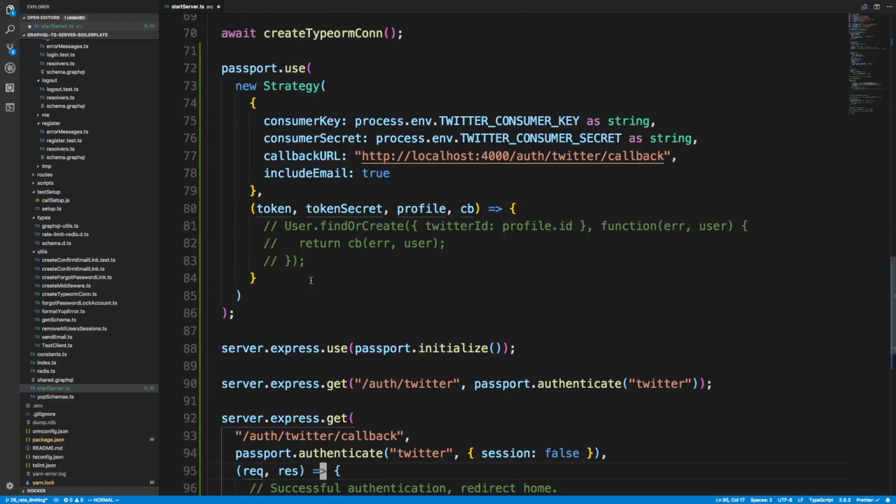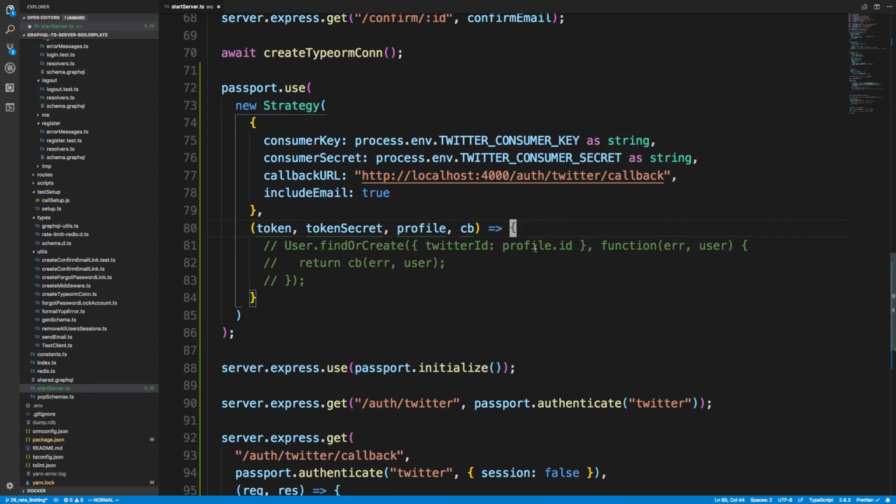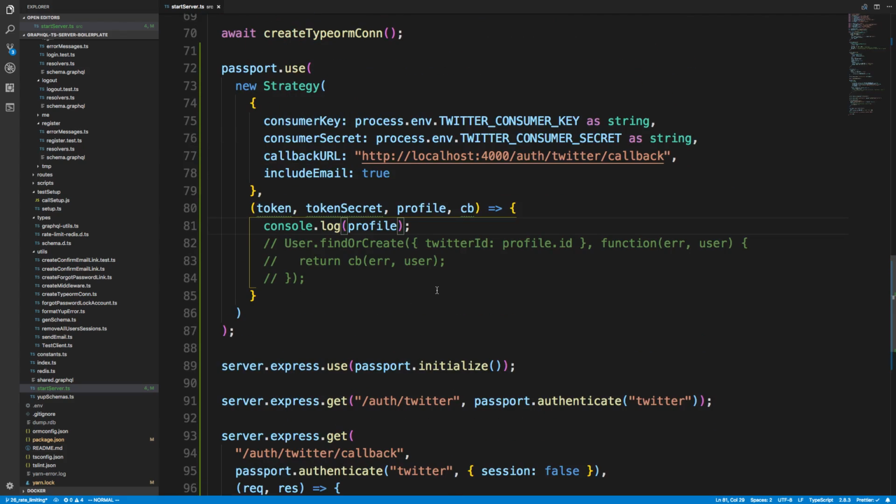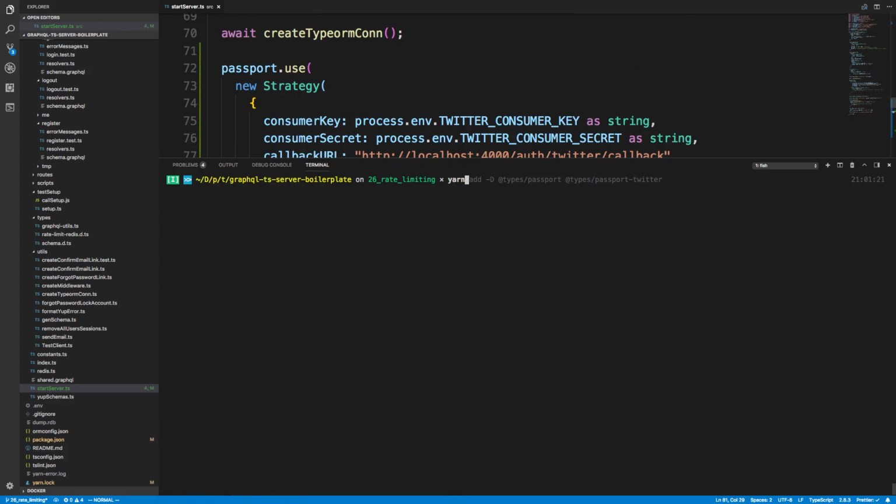Alright, so let's talk about what should happen here. What I would recommend is to just console log the profile. So profile basically has all the information for your account. I'm not going to actually console log this because it has basically all my information when I log in, but I'd recommend just doing this yourself and starting things up. So from here, stuff should work. So if you do yarn start,